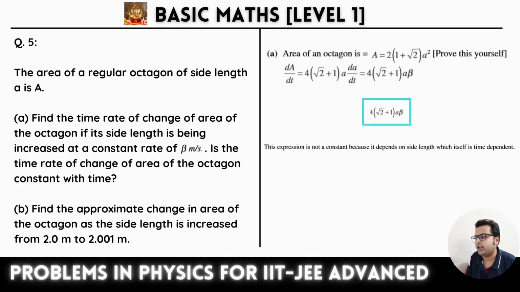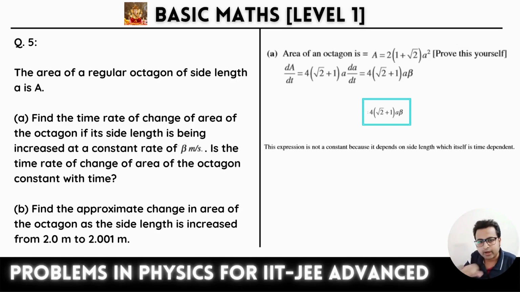So first, definitely you should be aware of the area of the octagon. The area of a triangle you might know, the area of a rectangle you might know, a four-sided figure, L into B. See, calculating the area of an octagon is very easy. You just have to draw the octagon and identify the rectangles and triangles, sum them up, and finally calculate the area. Because when you calculate the area of an octagon, you will get many small triangles and rectangles. So you have to sum them up because it is a symmetrical figure.